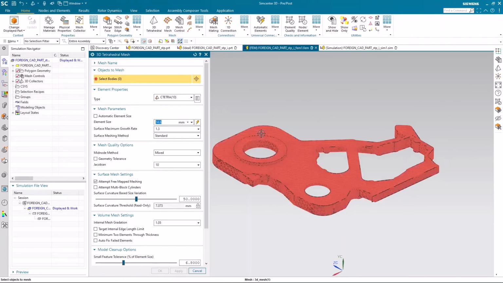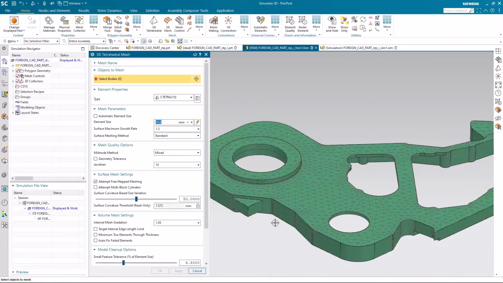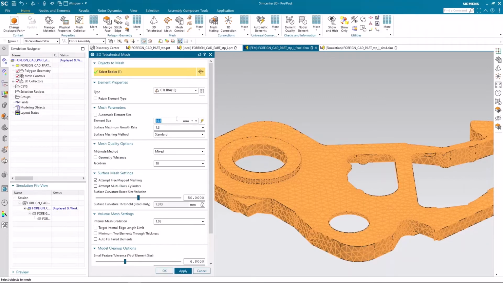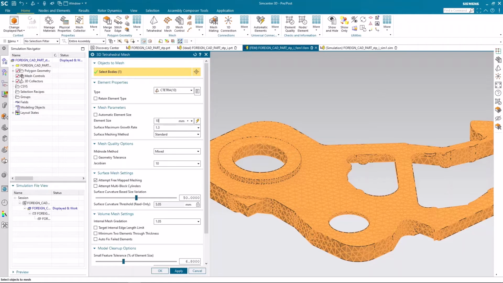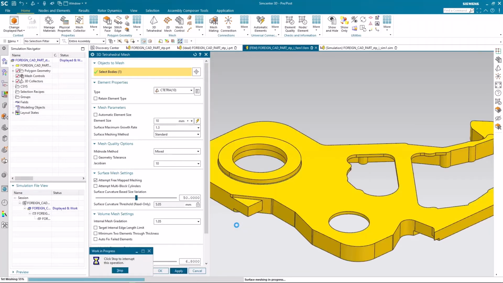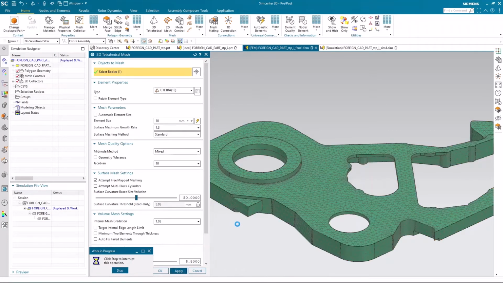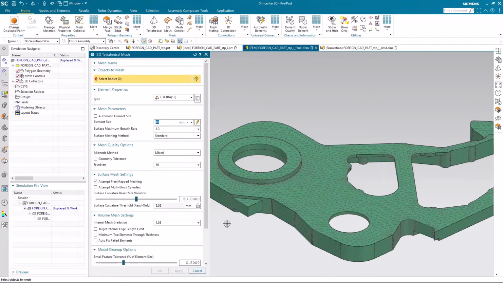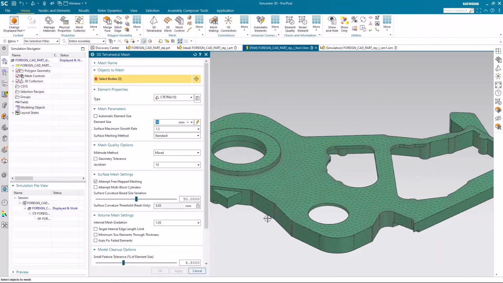So the generated mesh looks good because we don't have any drastic change in the element size, but the created mesh looks coarse to me. So I need to redefine the mesh size or element size to about 10 millimeter, and let's regenerate the mesh. The defined element size looks good to me, as we have an evenly distributed mesh